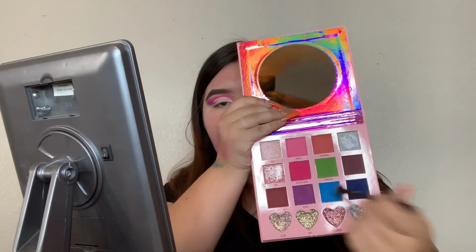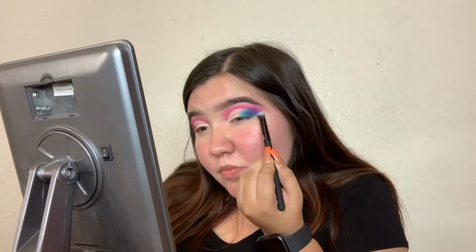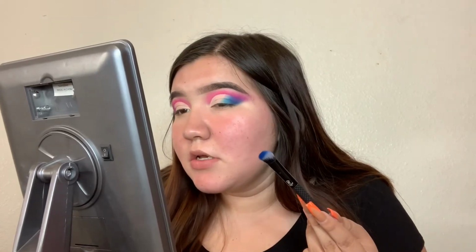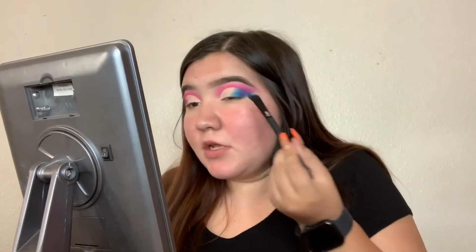And with the shade Boss. What I forgot to mention is the 2 pink colors. They seem really similar. Now that I'm looking at them like this, it seems like I just put 1 pink color all over, which I didn't. Maybe I should have added a little bit more of the hot pink one, but they do seem kind of